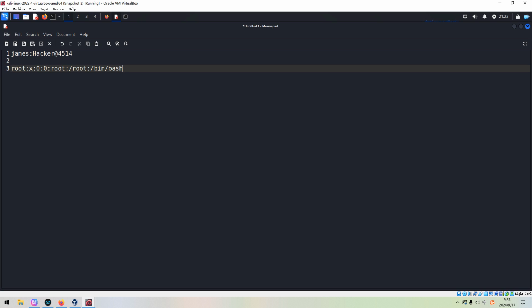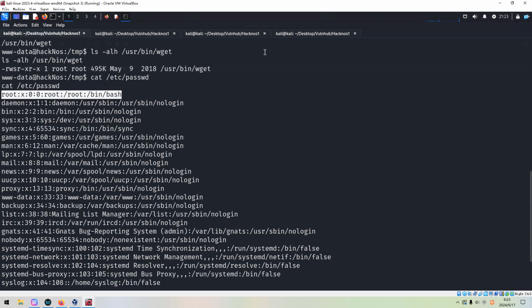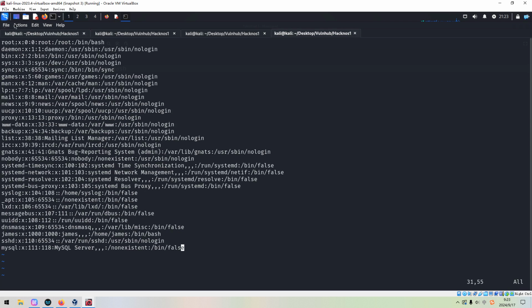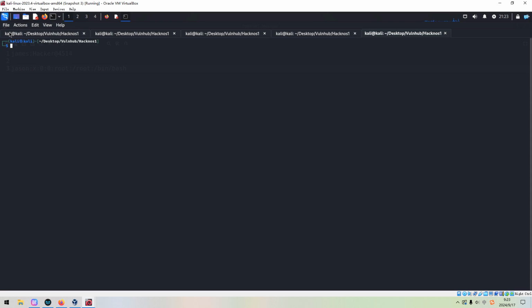Next, the objective here is to create a new user, and this new user has the root privilege. How to do? For example, we can create the username as like JSON, and of course we need to create the password for this new user, and we can create the password manually by the utility sudo openssl passwd with SHA512 salt.